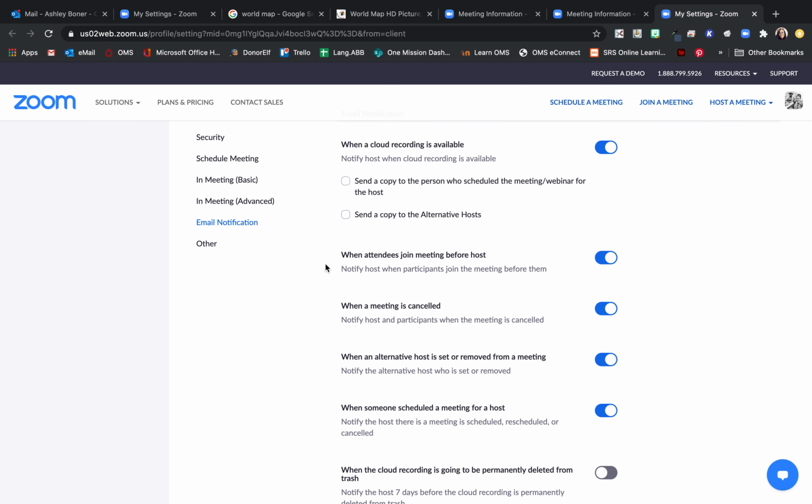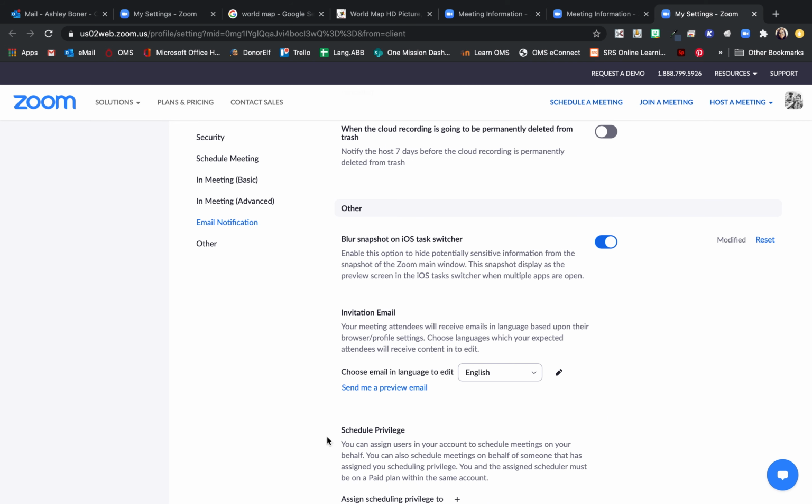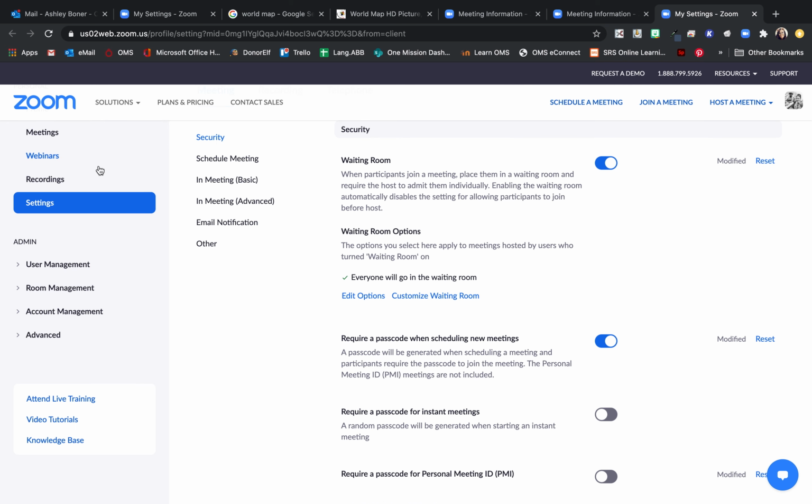Email notifications just focus on what you receive in your inbox. Say if you have a meeting scheduled and someone cancels it, you may want that notification when you've been requested to be in a meeting, etc. So you'll just want to take some time and skim through these, get familiar with options that are available to you. Also at the very top, you can